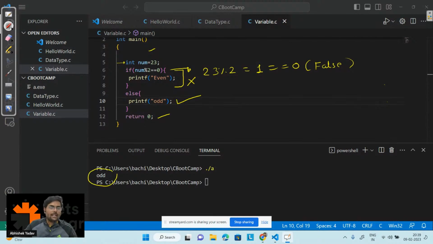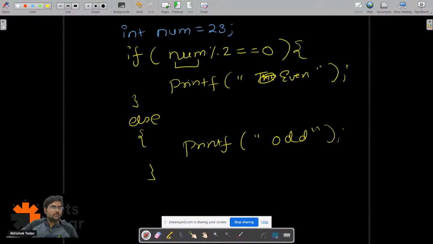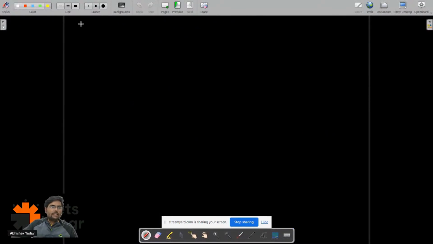That's why you are getting odd on the output screen. Please write in the chat if it is clear till this point. Okay, clear, right? So let's move to the second conditional statement, that is